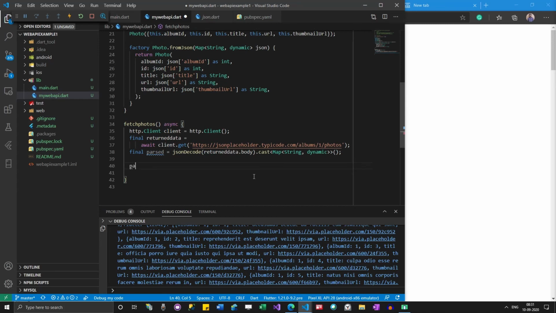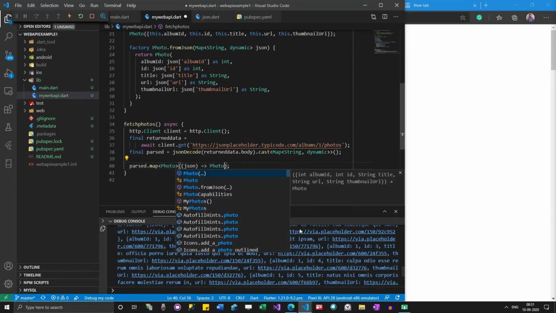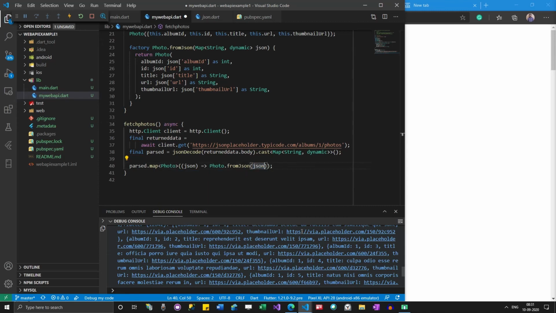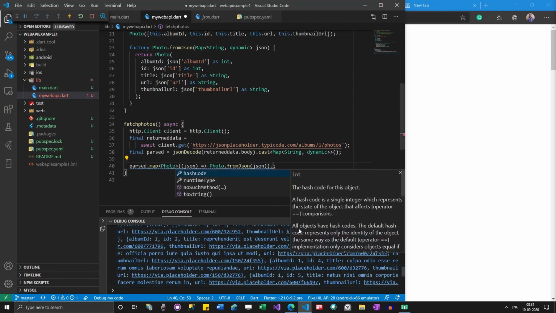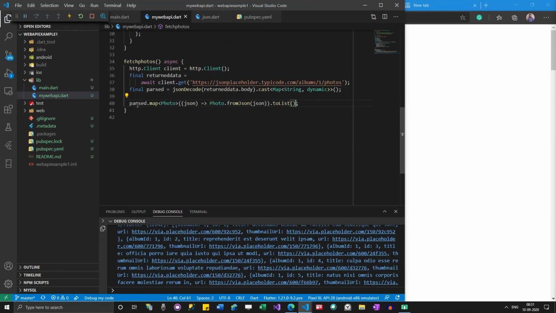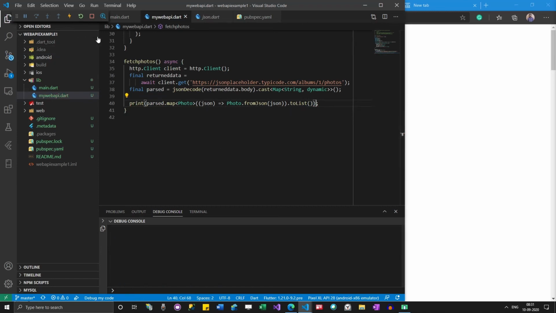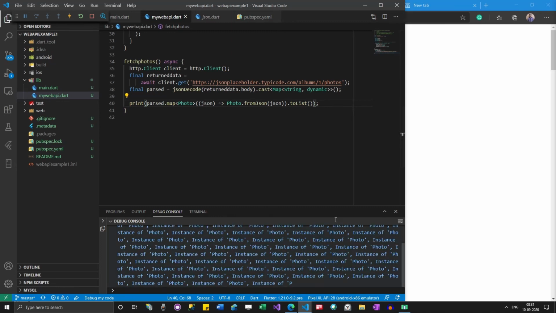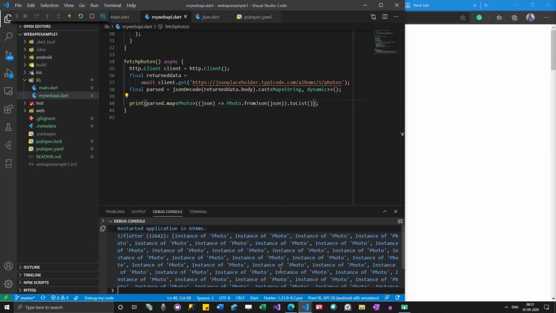Now you can see that we have an instance of photos.